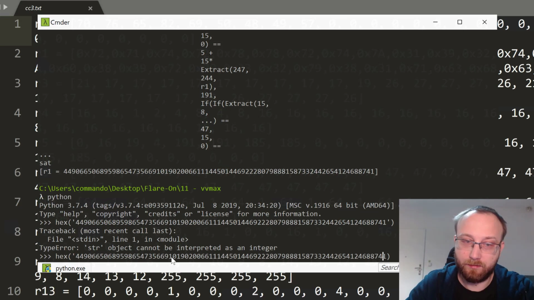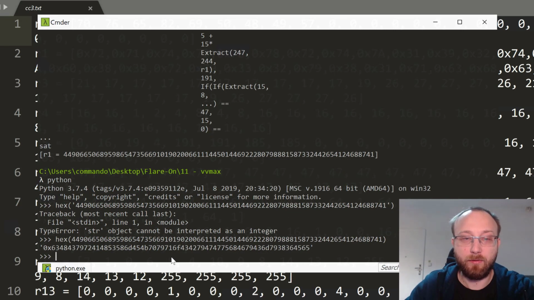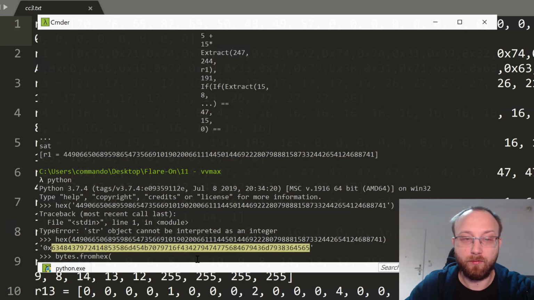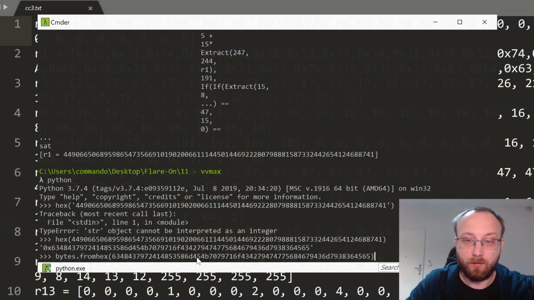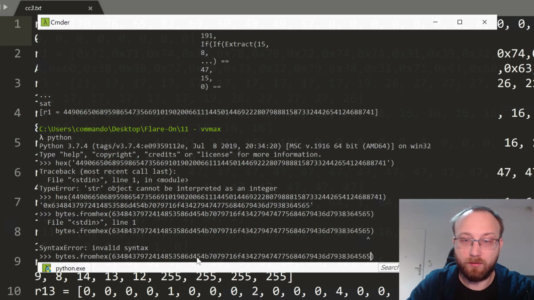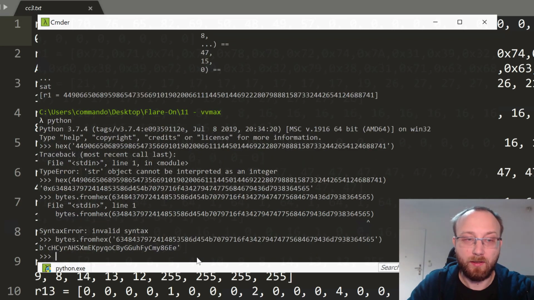Okay, yeah, string should not be interpreted as integer. So we have the value, and we can see it's in the ASCII range, so we might be on a good track. Now what we need is bytes from hex, and we pass this value, and now we need to give it as a string, and yeah, we got some string. Okay, at least the characters are printable. That's good,